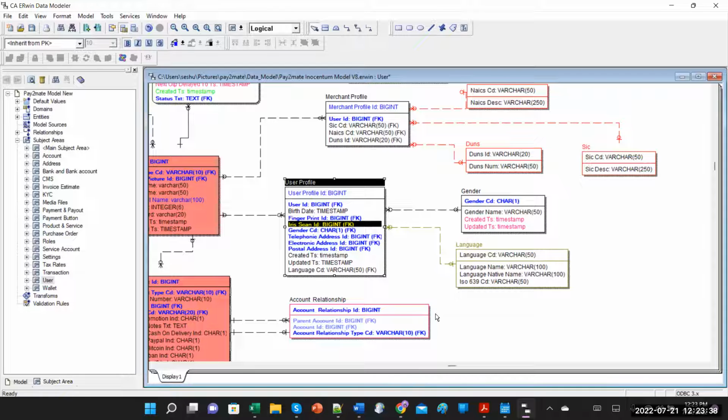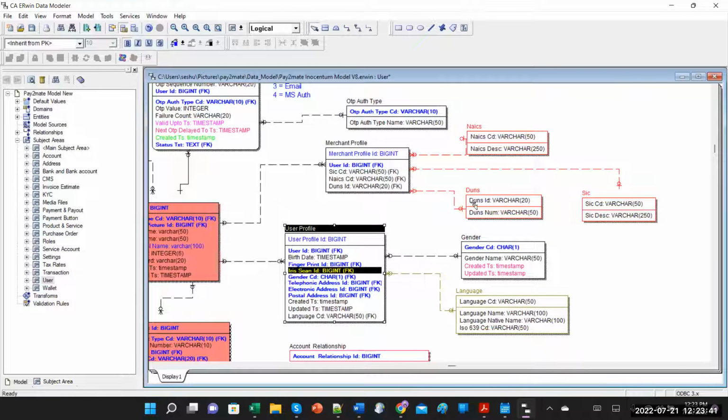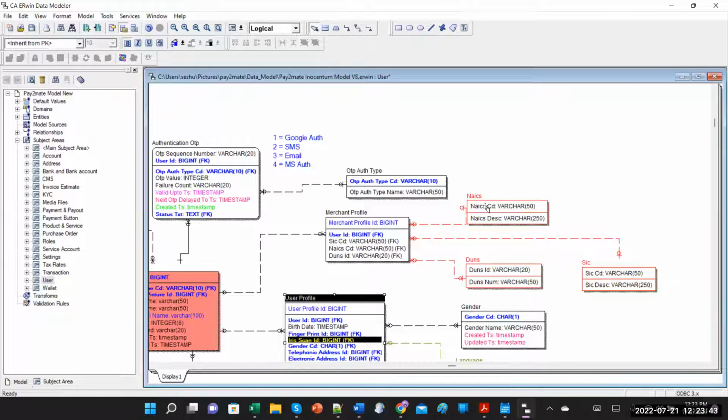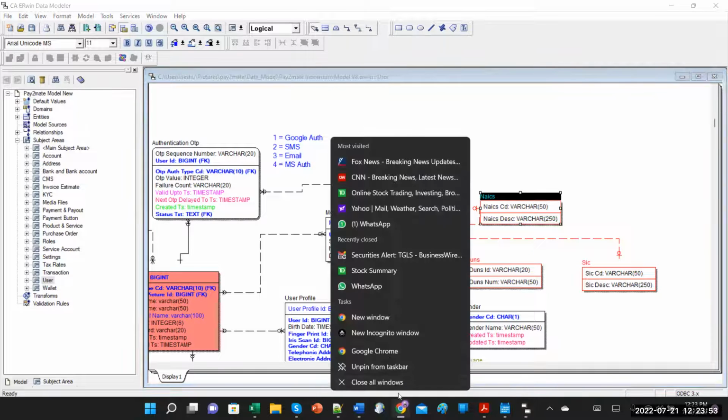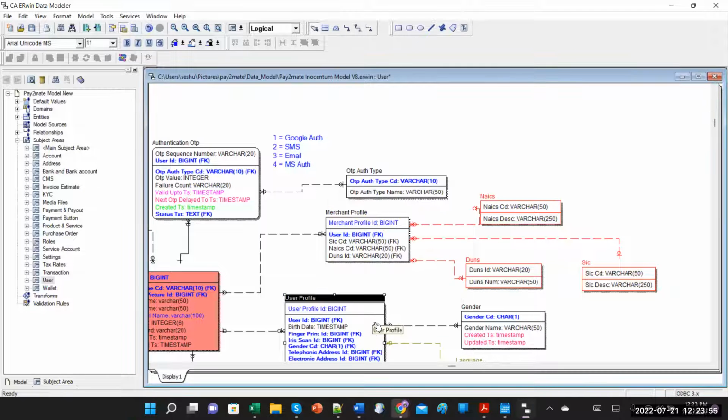So that's the image. So this is the gender. So the Dun's information and NAICS information is all here. So Dun, NAICS, and SIC will be designed by Pay2mate to any business. No, this is all standard. Like, let me show you that SIC code. If you look at the SIC codes,